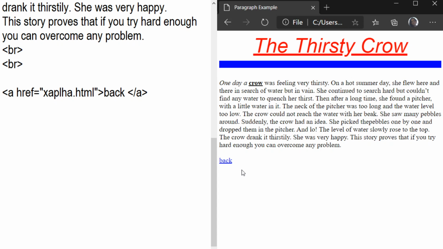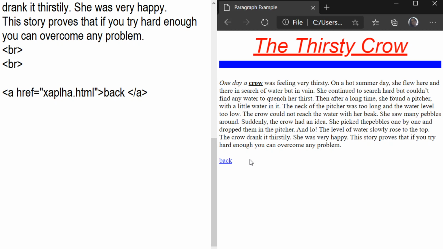If the 10th alpha file is created and you want to create the link with the 10th bravo, then in 10th alpha you give the reference of the 10th bravo.html. But if the 10th bravo file is created and we want to give the reference of the 10th alpha, then you can write down here 10th alpha.html, and this back, this is the link. These are the attributes of your body tag; these colors will be changed.